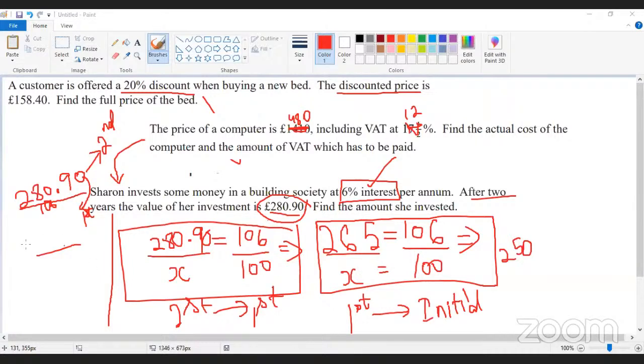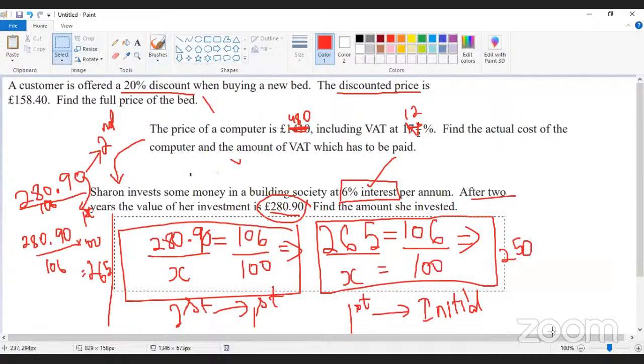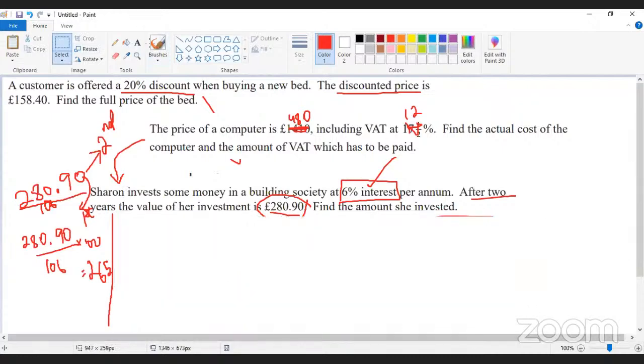Okay, so 280.9. This is just from the second year to the first year. I'm going step by step because it is below 2 years. That means the initial fund. So that is of 106. What is for 100? So that is 265. That would be the initial amount. From that 265, this is also with the profit. Is it yes or no? That means this is also with an interest amount. Is it yes or no?